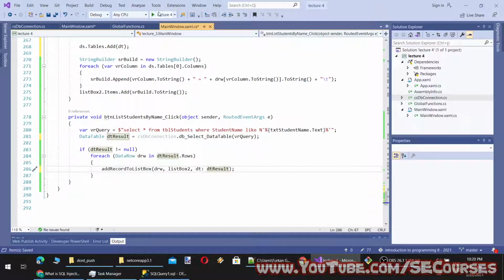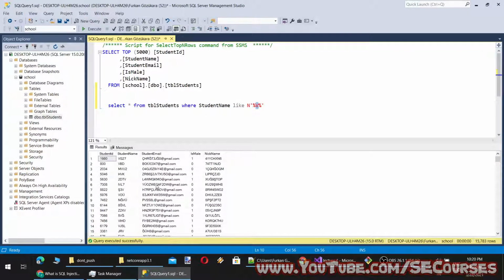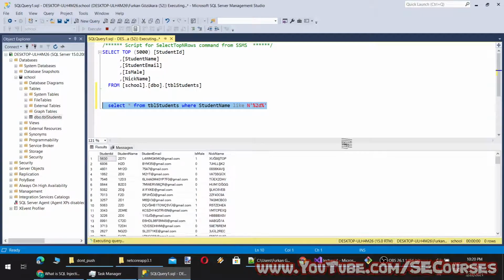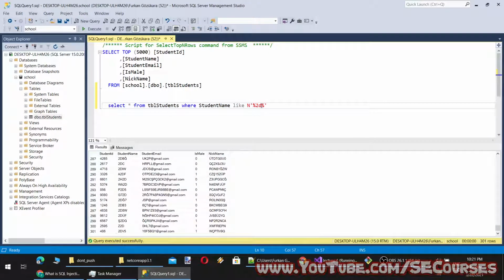Okay, so let's run our application and see if it is working or not. Let's look for 2D records. Yeah, you see there are so many students that have a student name which includes the 2D word.